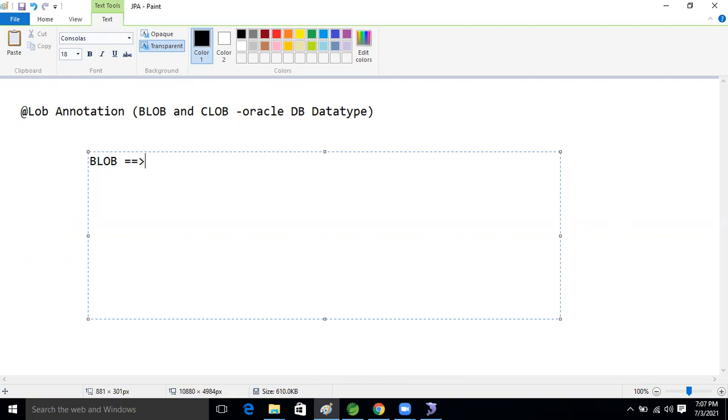What does Blob mean? Binary Large Object.